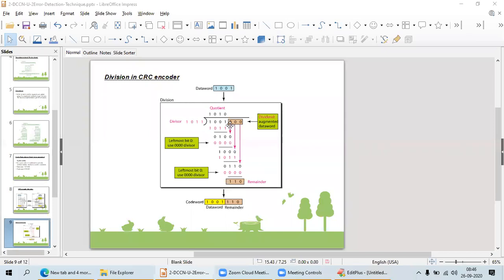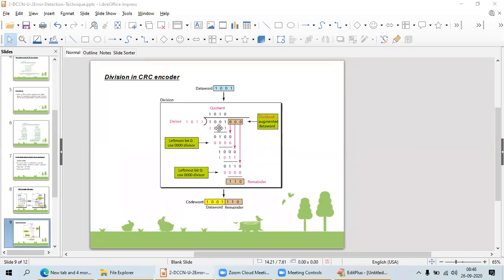Okay, in the parity check, what you will do, if it is normal, 1 plus 1, there I add the even parity. Here, in CRC, the number of bits I am going to add depends on the divisor. Okay, I have the data word 1001. Divisor is 1011.